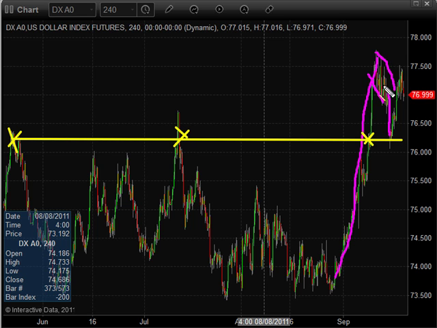It did have a nice bull flag forming, a nice tight channel, and then it broke below it and washed everybody out. And that's right where we actually took a long position. And we've had a nice bounce yesterday. We had a great bounce in the US dollar index, and it's starting to broaden on the shorter time frame, which isn't a very strong sign, but we're going to give it the benefit of the doubt.